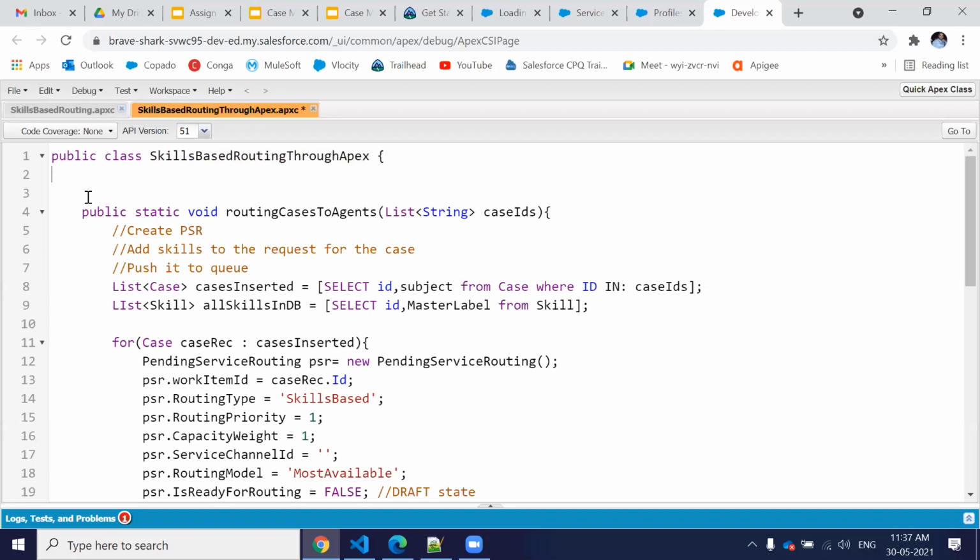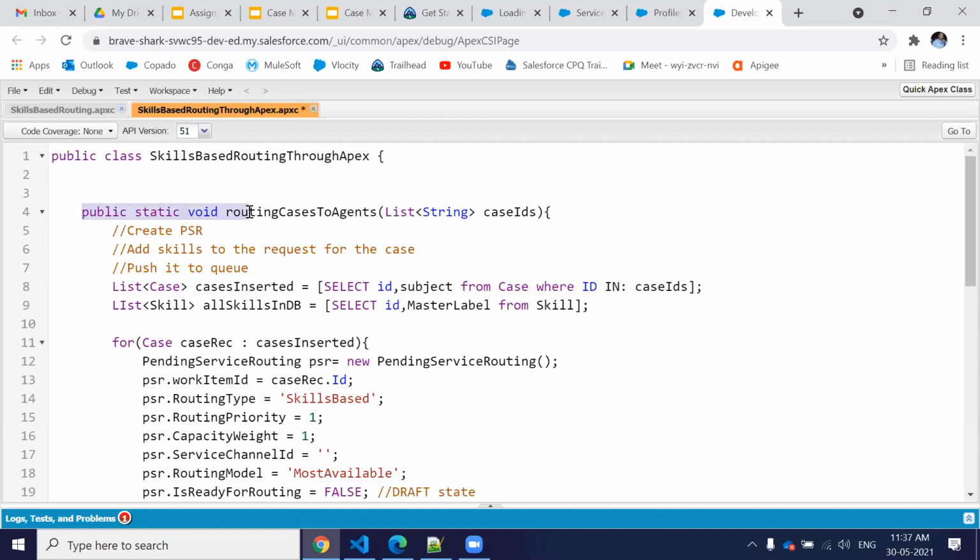There are multiple ways we can invoke the Apex, but in the omnichannel case, those are the two ways. If you're going to configure your skill based routing through the Apex, you can use either the trigger or a process builder.